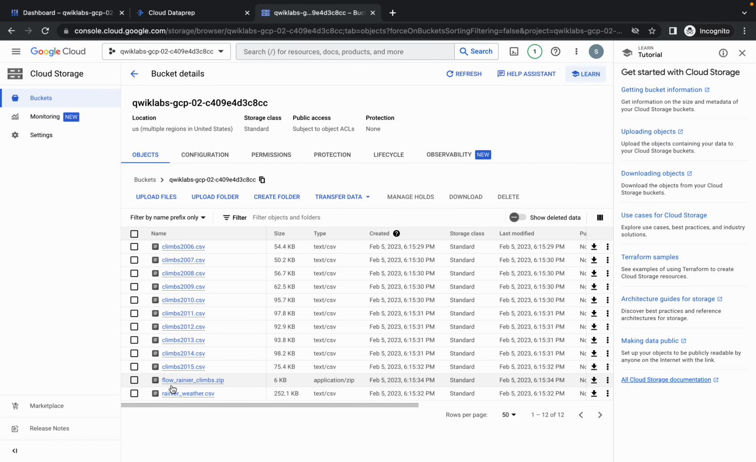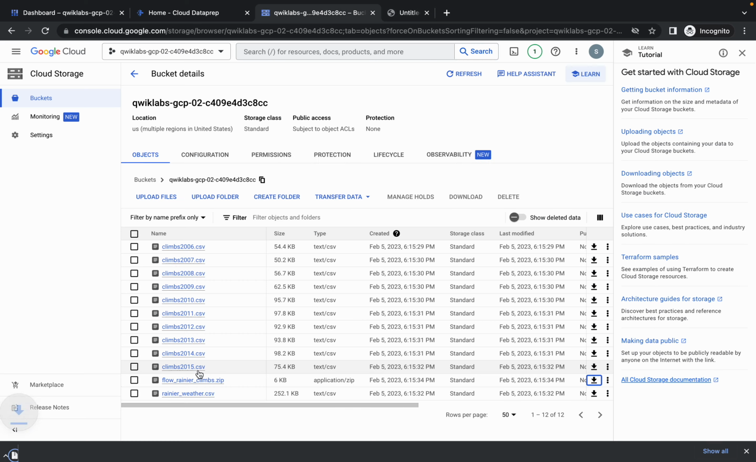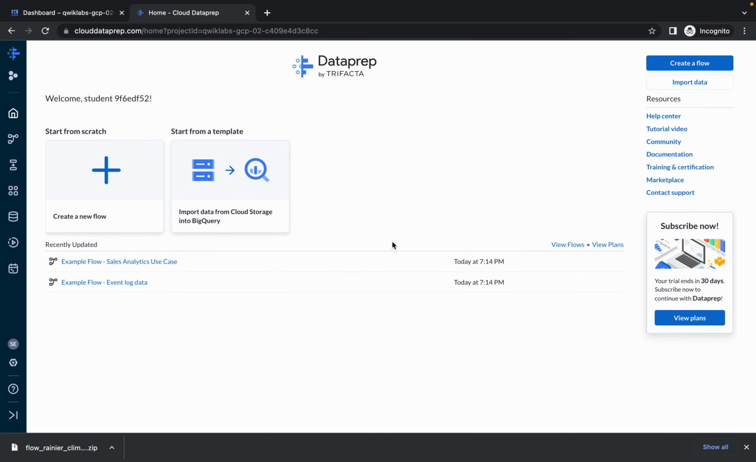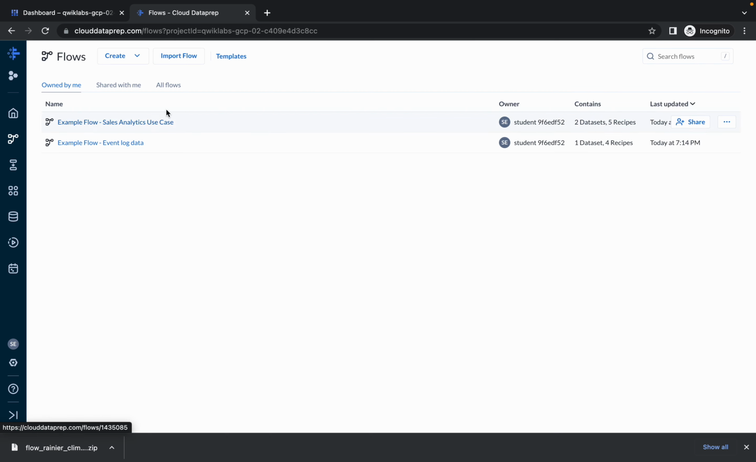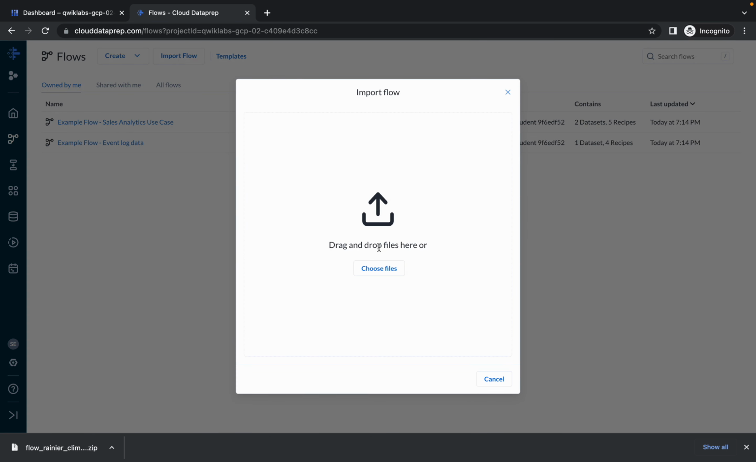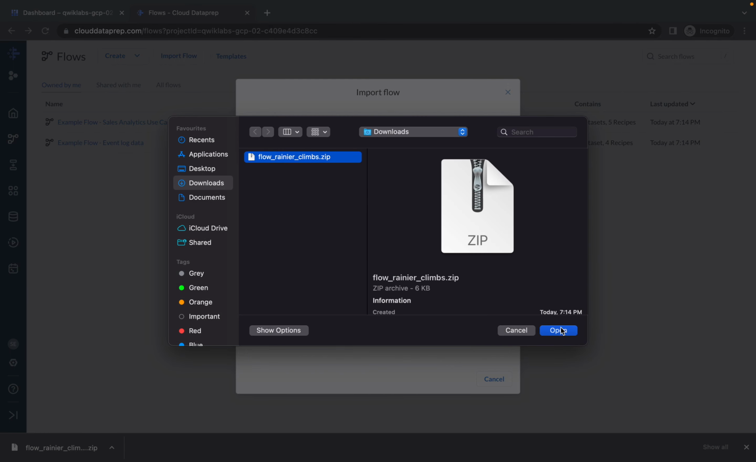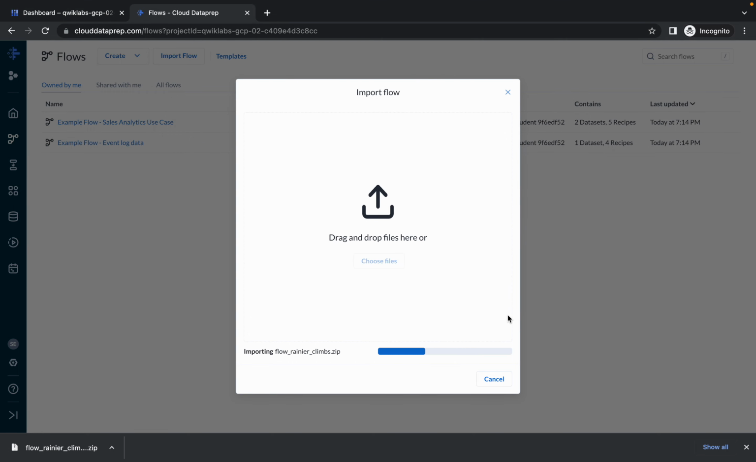Now click on this bucket, then click on your project ID. Here you can see the flow runner climbs zip file. Just click on this download option and it will download to your system, which we need in the future steps. Now you can close the bucket tab. Now click on this flow, then click on import flow, and from here choose the file which we downloaded from the bucket. Just import, click on that,